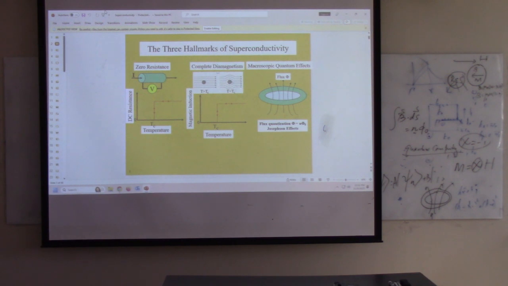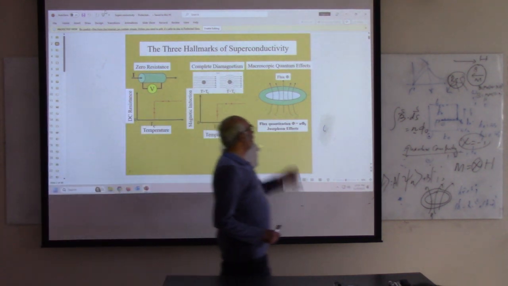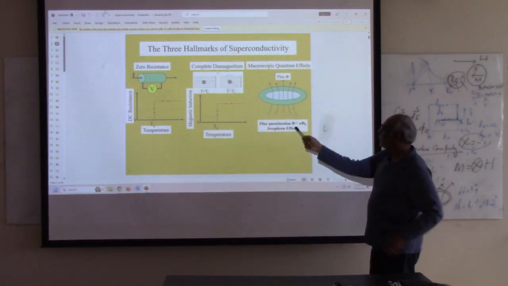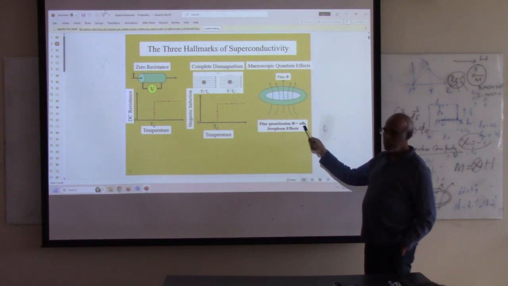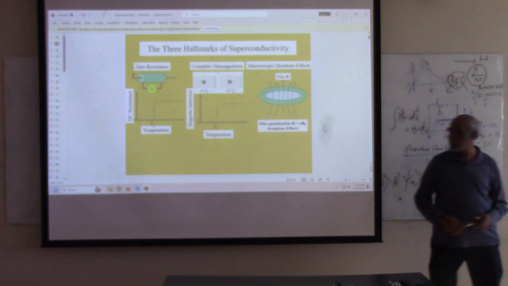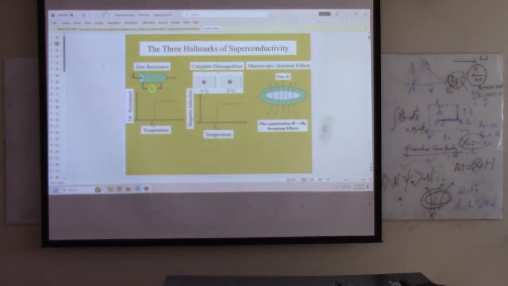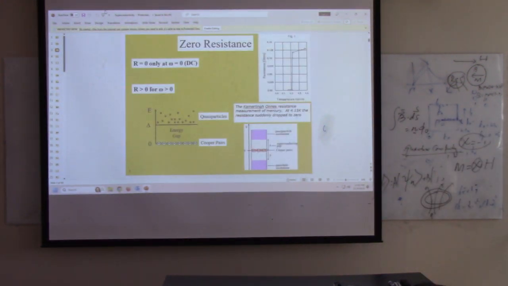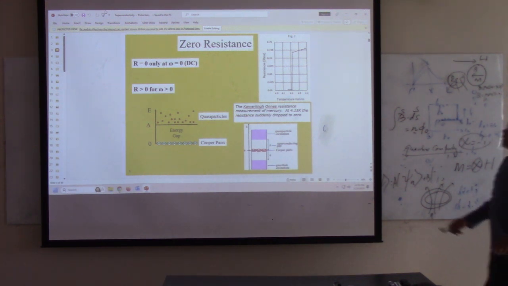So try to understand. The total magnetic flux is actually given by this quantized value n, where n equals 1, 2, 3, 4, like that. Sometimes we call this the Josephson effect. So this is the first time